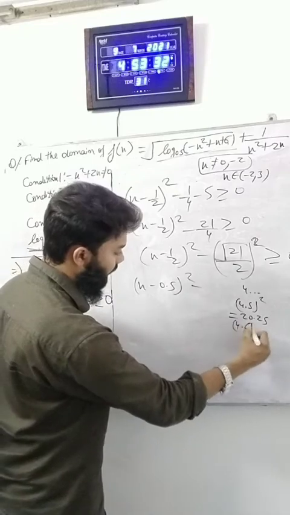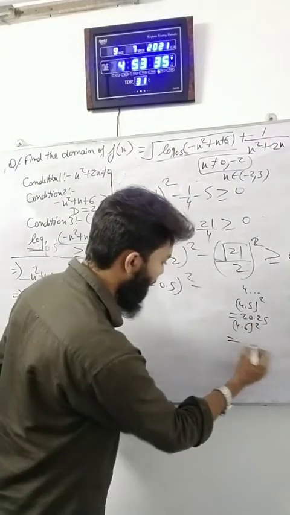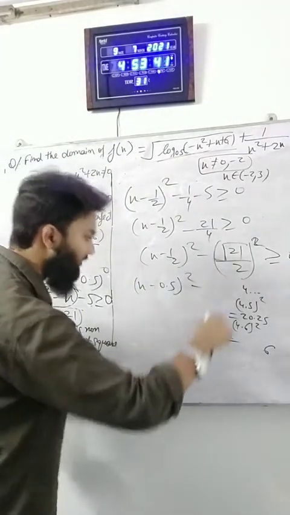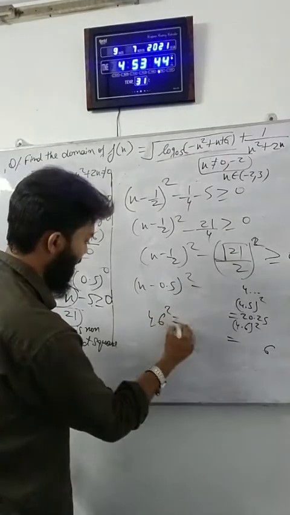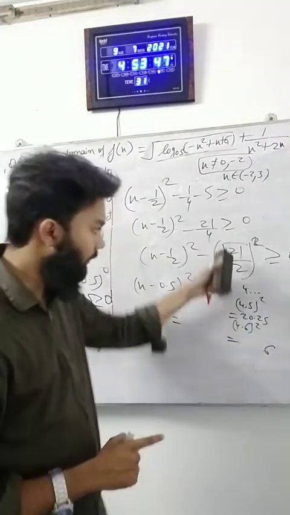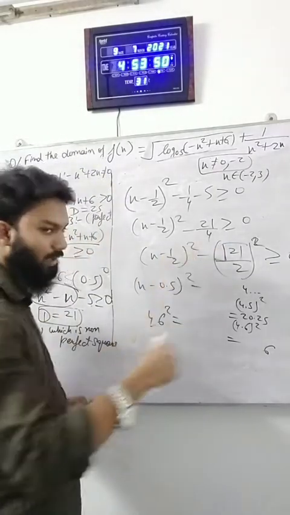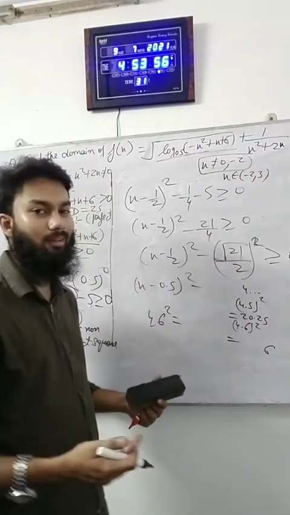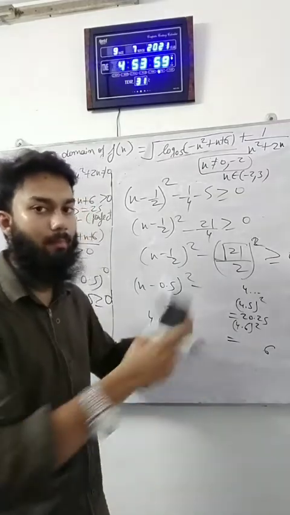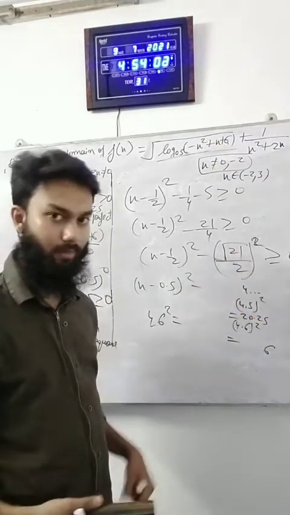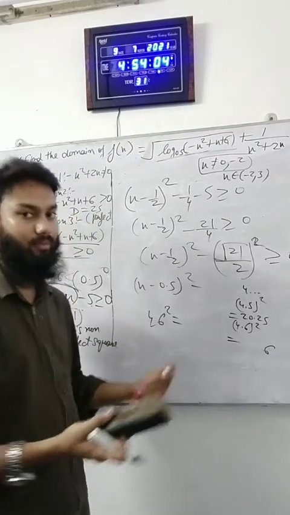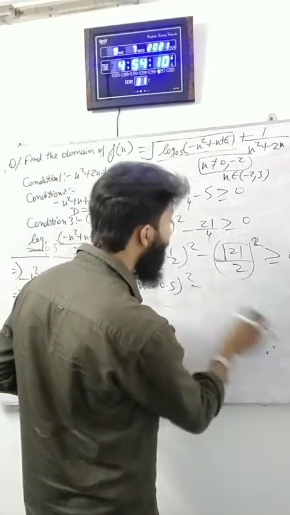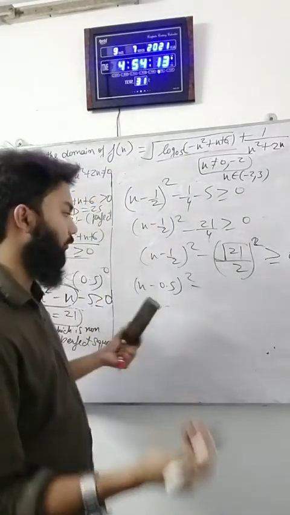Because 4.6 raised to the power 2 will be what? Let us do some calculations. 4.6 raised to the power 2 will be what? 46 raised to the power 2. Actually, I want to calculate the square root of 21, right? We can use the long division method as well, but I am going to take an approximate value, because the concept and the methods are important, not the value of root 21. We all know how to calculate that. Just for saving some time, I am taking an approximate value. Let's take 4.58.